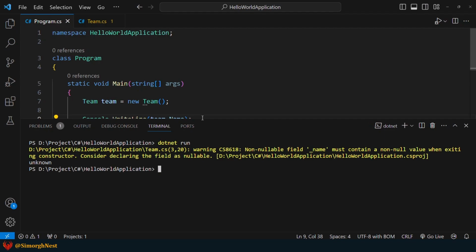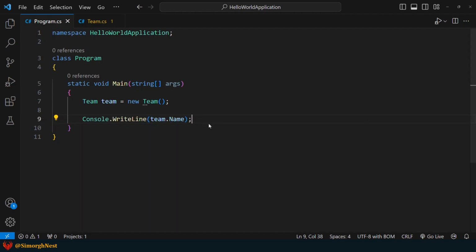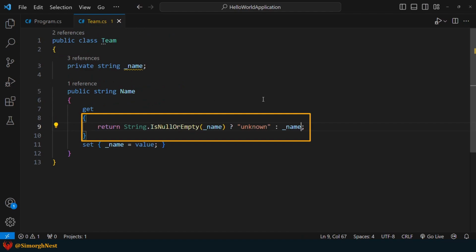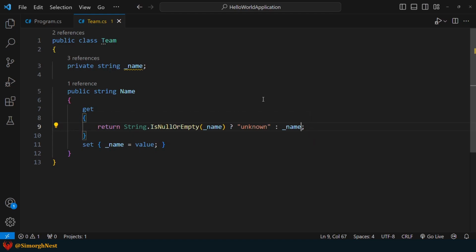As you can see, we get unknown as the result of the name property. Now here, when we print the value of the name property, the code block for the getAccessor is executed. In this case, the value of the name field is checked. Since the default value for string types is null, the getAccessor returns the value unknown. Alright, similarly, when we assign a value to the name property, the setAccessor code block is executed. This behavior provides us with the flexibility and safety of a method as well.